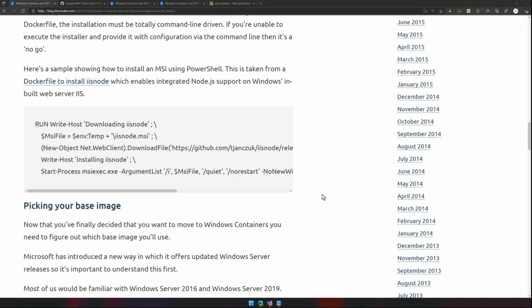If you've got dependencies that can be installed like that, you should be okay. If your dependencies require you to fill any sort of GUI in when you install them on the server, you're out of luck, or you'll have to find an alternative or go back to the vendor and ask them if they can provide you with a command line style version where you can pass in arguments and install it that way. So that's kind of the high level key things to look out for when you bring your apps to Windows containers.